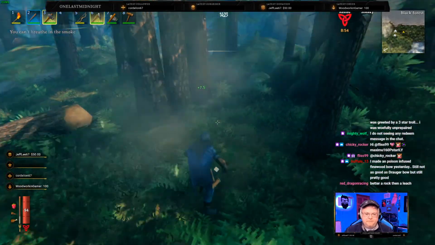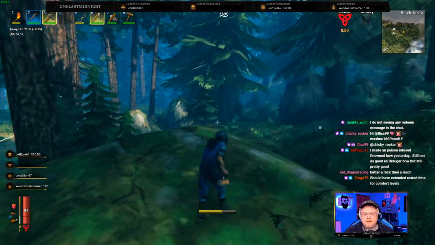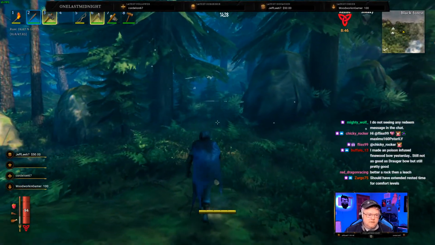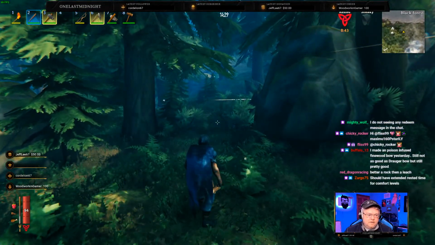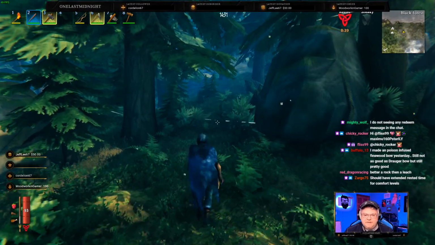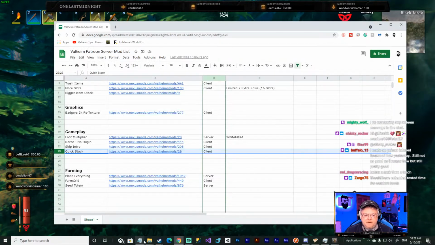Right, I need a berry. I need a berry so we can test the resource duplication. I have 4. I should have extended rest times for comfort levels. Yes, so that was another thing. So let's look at... I mean, I'm not in a safe area, but...